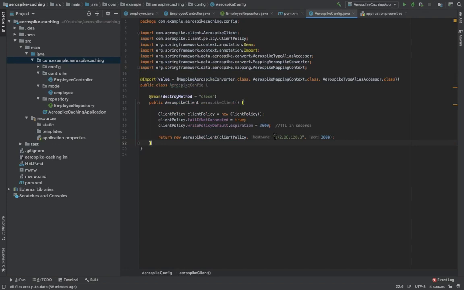Add your server host here and port. By default, an Aerospike node runs on port 3000. Then you can set the TTL for your cached record. I've used 1 hour here. So after 1 hour the cached record will be automatically expired.